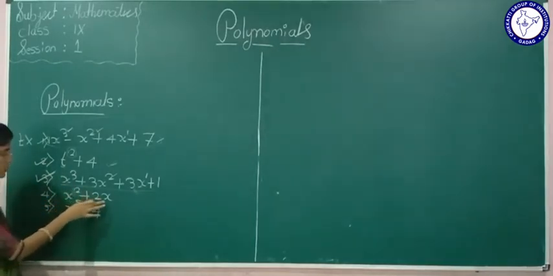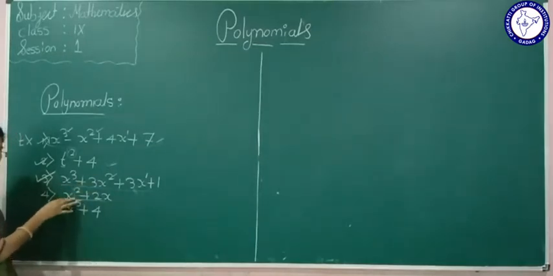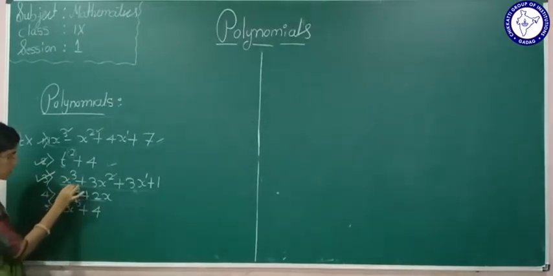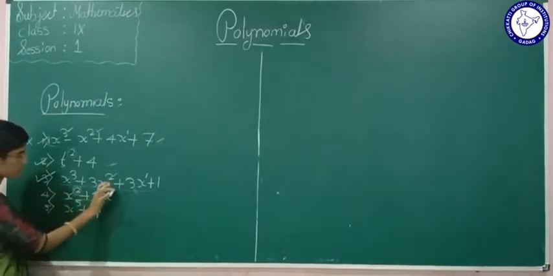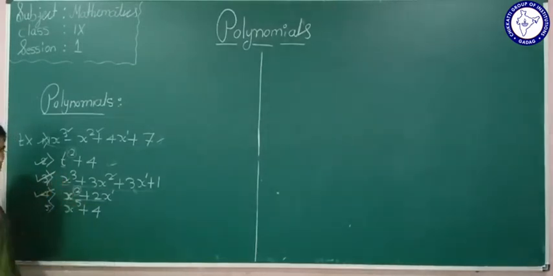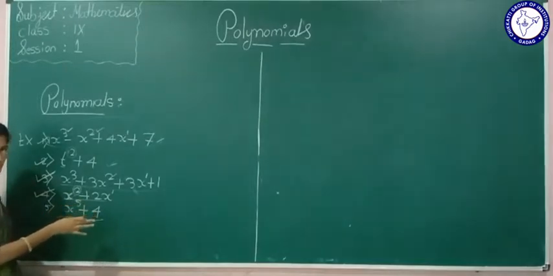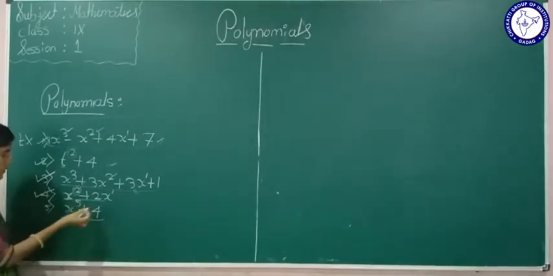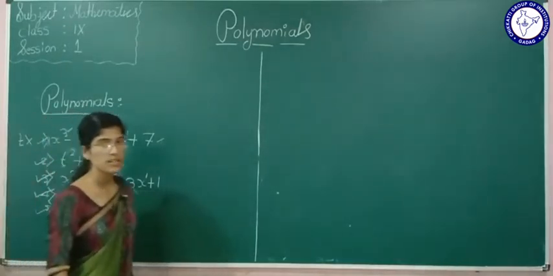Now see the fourth one, x square plus 2x, this is an algebraic expression. Here in the algebraic expression, what is the variable? Here x is the variable. The variable's power is 2, and here nothing is there, means 1 will be there. 2 and 1 are whole numbers. Yes, definitely this is a polynomial. Now see the fifth one, x raised to 5 plus 4. Definitely an algebraic expression. Here the variable is x, x power is 5. This is a whole number. So what we got as a conclusion.